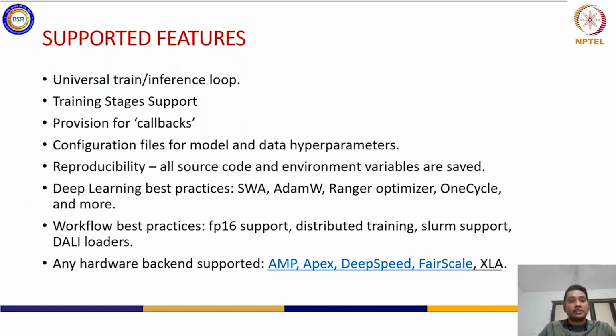It is also supported by several backend libraries like AMP and Apex, the two libraries we talked about just now, and DeepSpeed from Microsoft, FairScale from Facebook, and XLA for your tensor cores. All these hardware backends will be supported by this framework. This way it makes Catalyst a widely acceptable framework for accelerating your PyTorch training.